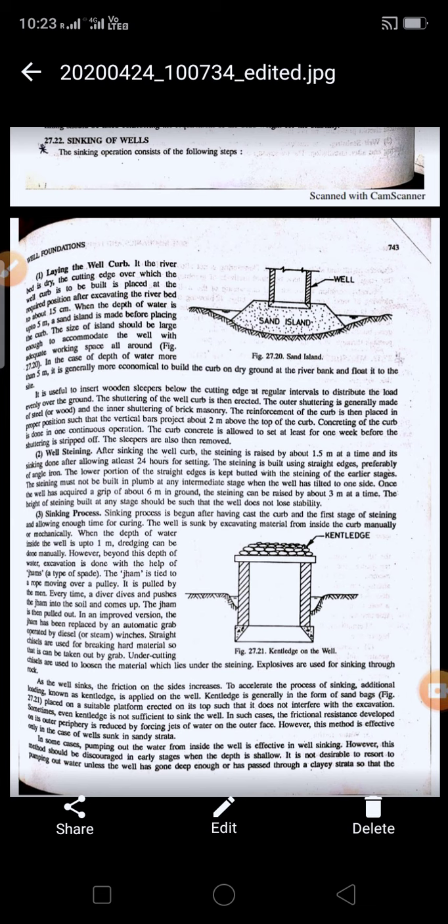Concreting of the curb is done in one continuous operation. The curb concrete is allowed to set for at least 1 week before the shuttering is stripped off. The sleepers are also then removed. Means what he is actually trying to say here is that